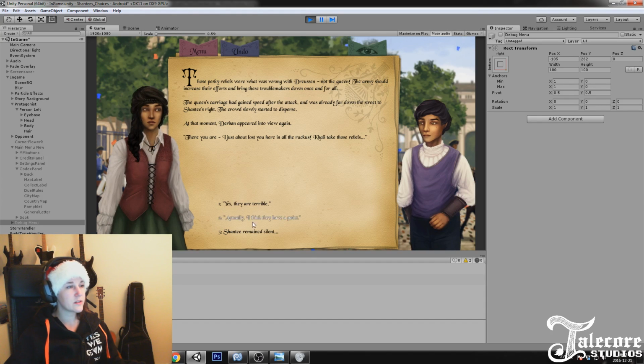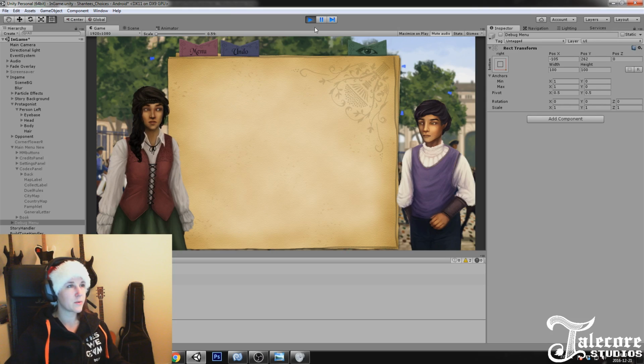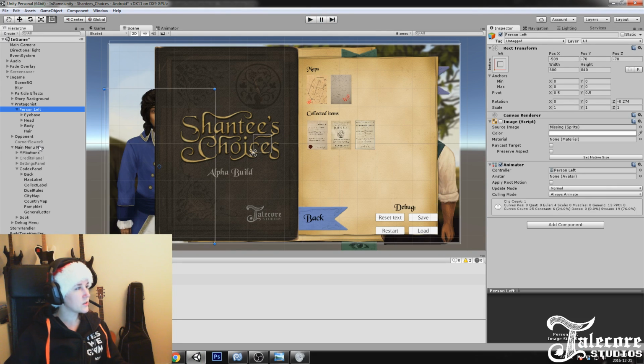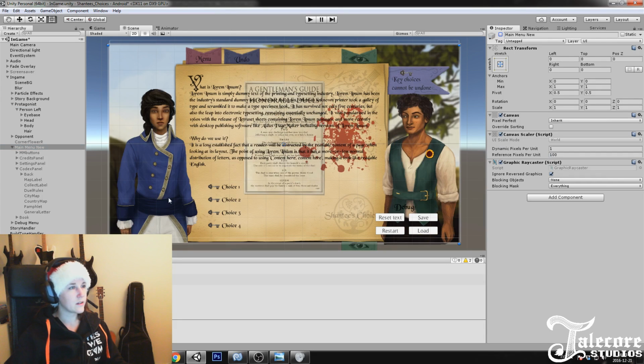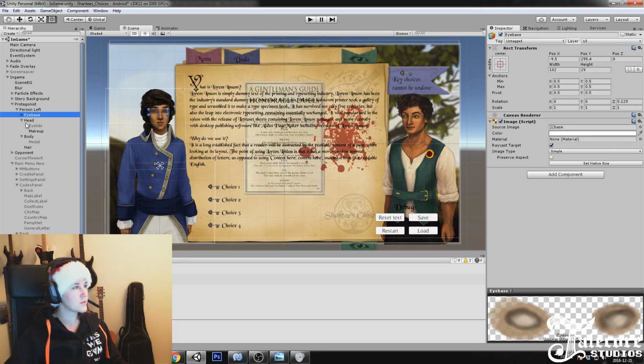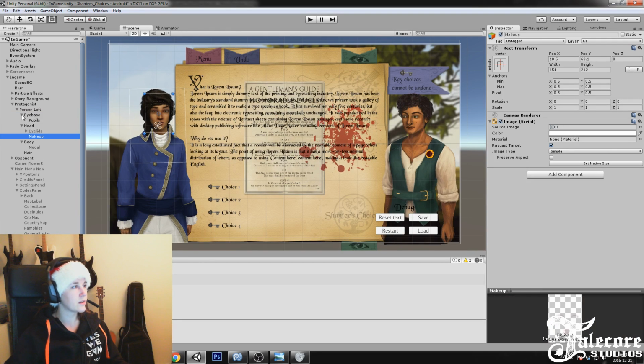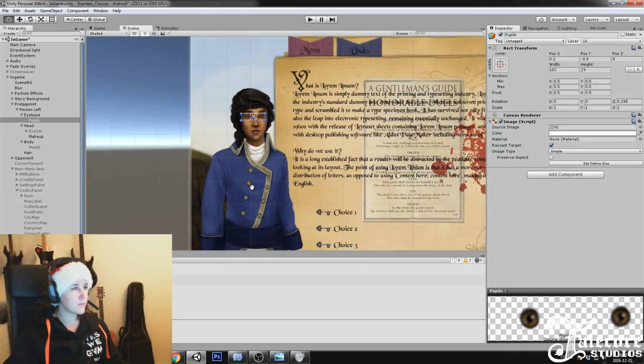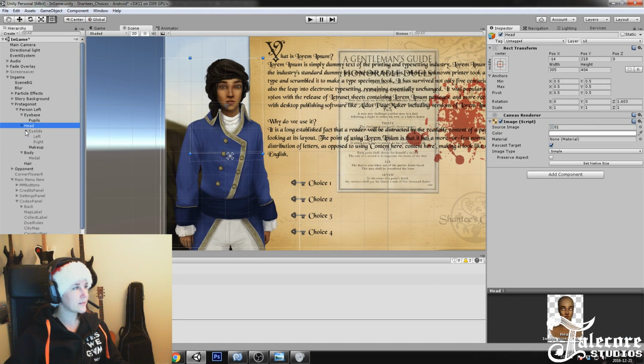So that is kind of the game, that's kind of how it works. Each character has different body parts. This is how it's set up today. We might change this later. But I'm going to show you in a second how I actually changed these from the story.